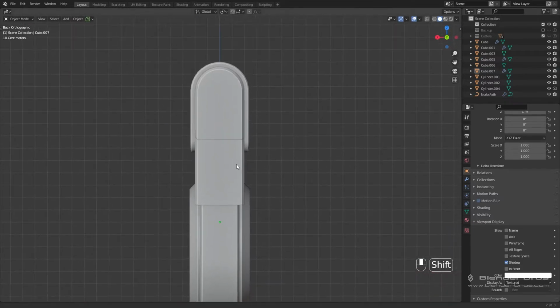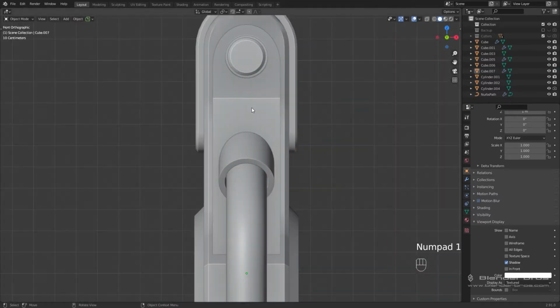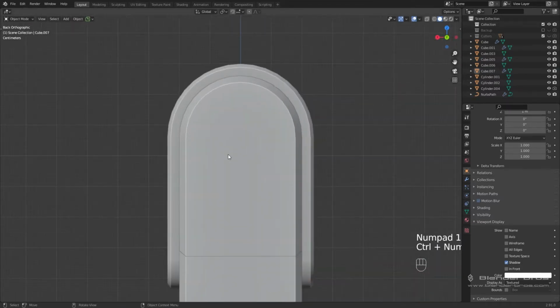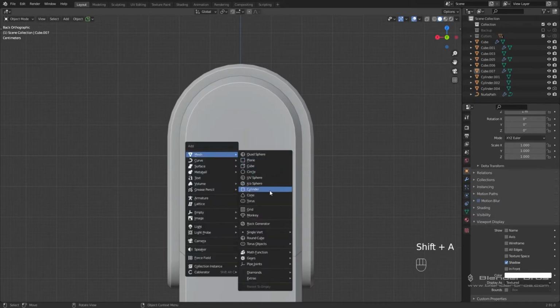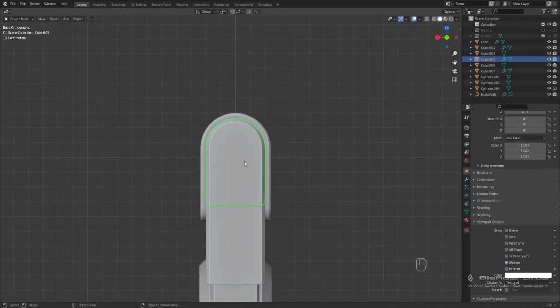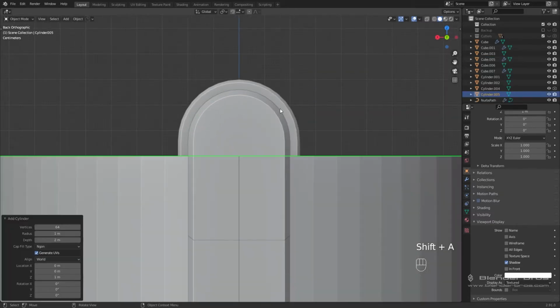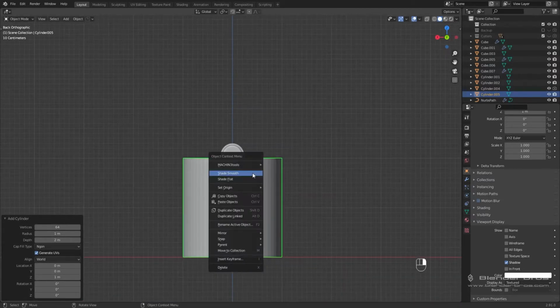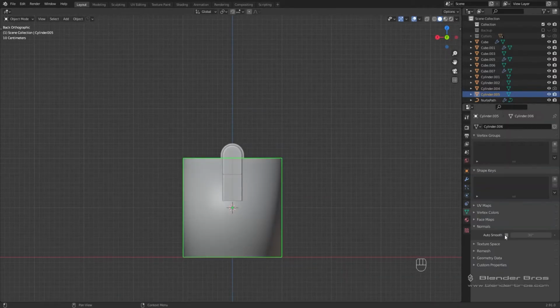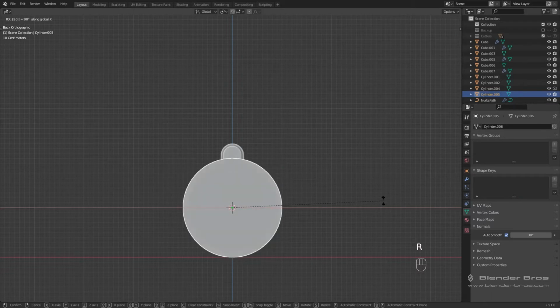Okay, so onto the front here, in my case the back, you know, 1, Control 1, same thing to me really, just an extra key. Alright, let's go in here and select this piece, and to make it completely centered, we can press Shift S, cursor to selected, and then add in the cylinder. So now what I'm going to do is shade it smooth, turn on auto smooth, rotate this guy 90 degrees,